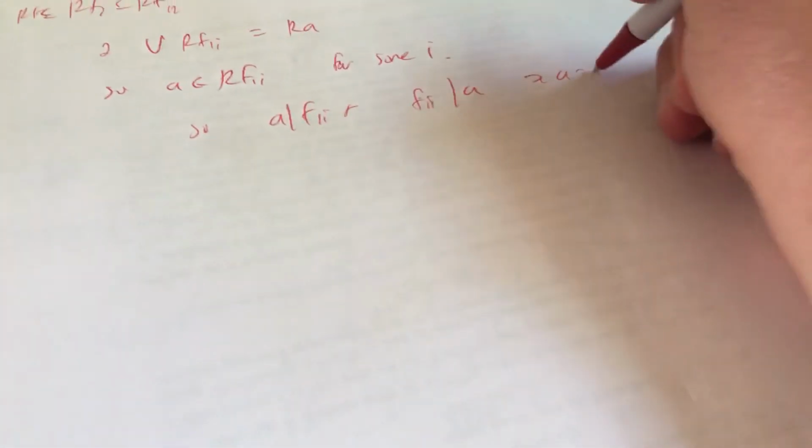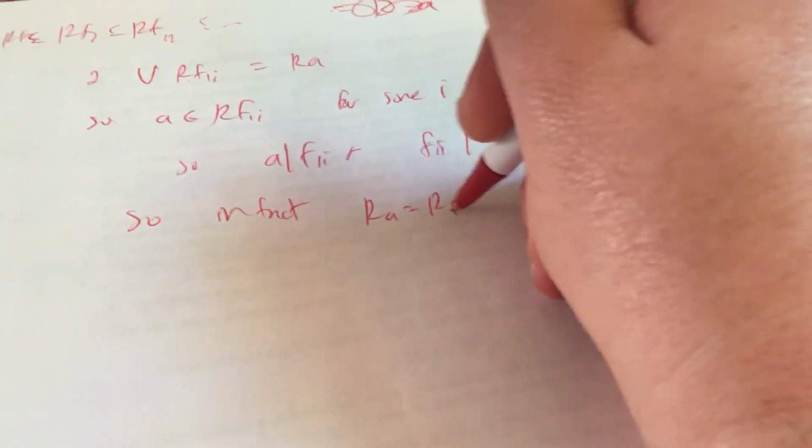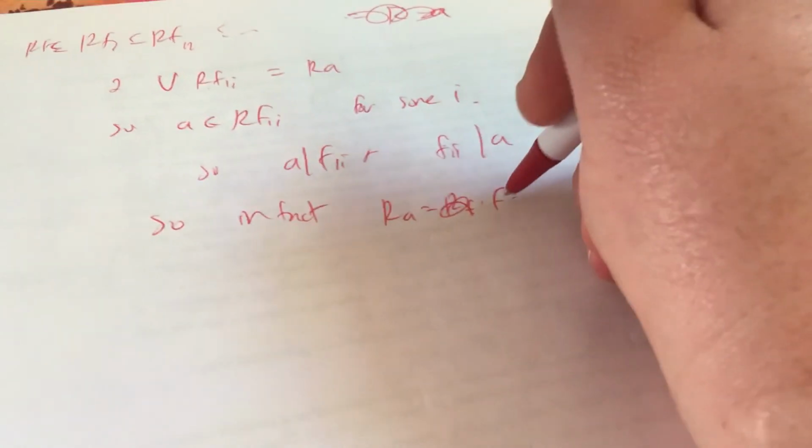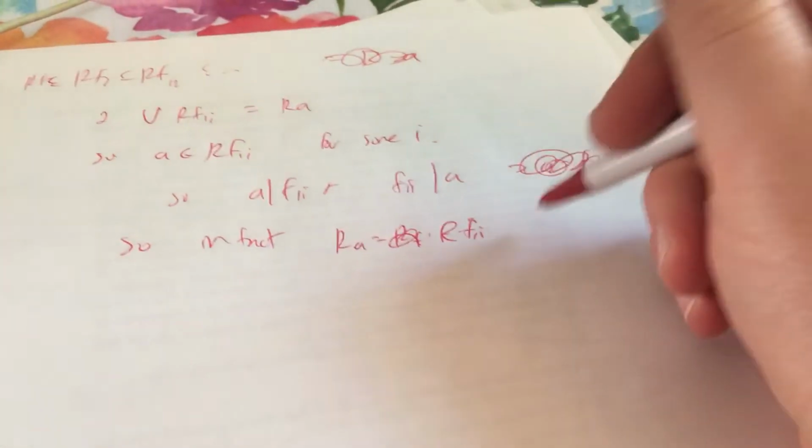So A divides F1I, and F1I divides A. So that implies that A is, well, up to a unit. So in fact, right, A is in RFI, so F1I divides A, and also all of these things are contained in RA, right? So A divides all of these FIs. So in particular, RA equals R times F1I. They divide each other, so they generate the same ideal, and so this implies that